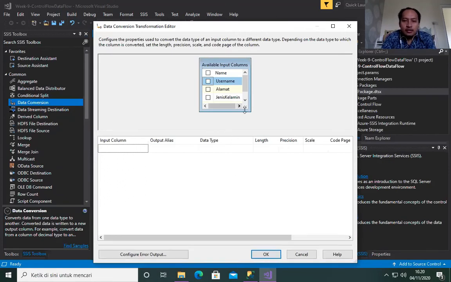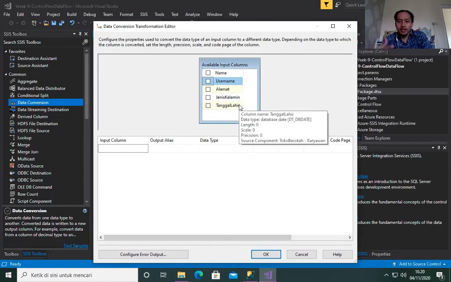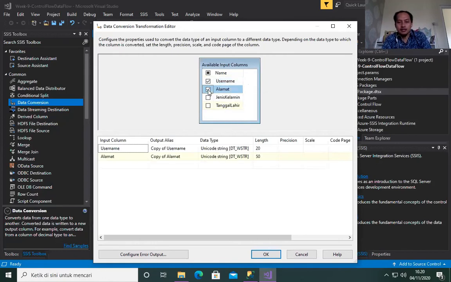First, you have to define which columns you need to convert. From the previous error information, we know the columns that have problems are the username column and also the alamat column. Alamat means address. These two columns originally have DT_WSTR.